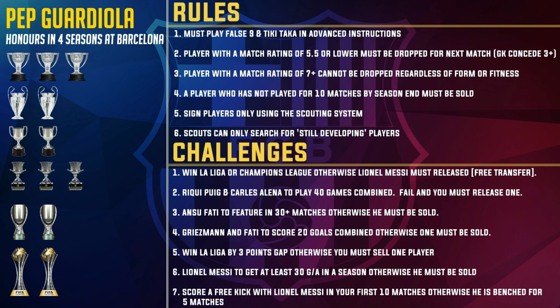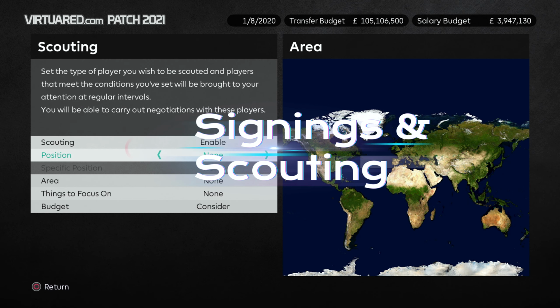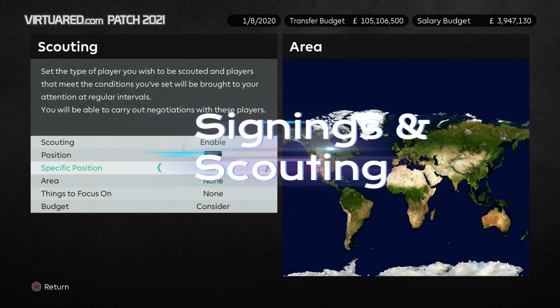And then failing to meet those objectives, perhaps have consequences. So if you don't meet that goal tally with your striker or fail to win a trophy, then you've got to release a star player at the end of the season for absolutely nothing. Next is the signings. Obviously at the start you can set how difficult it is to sign players, but